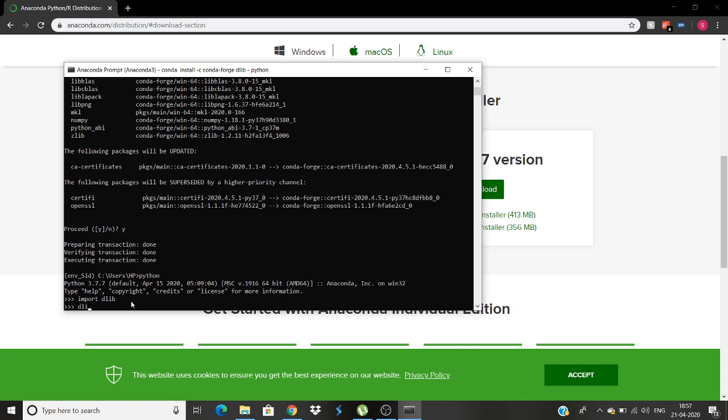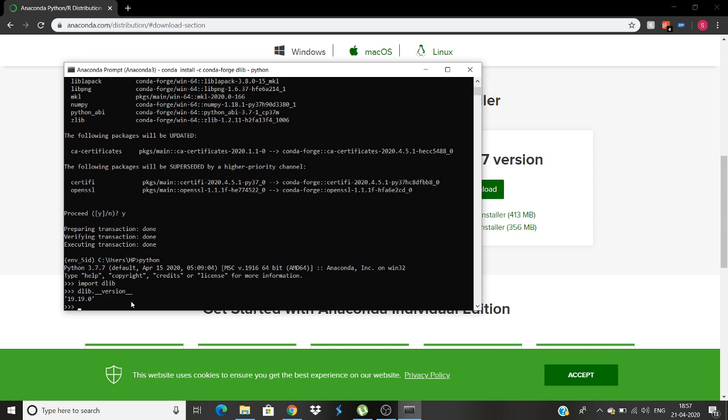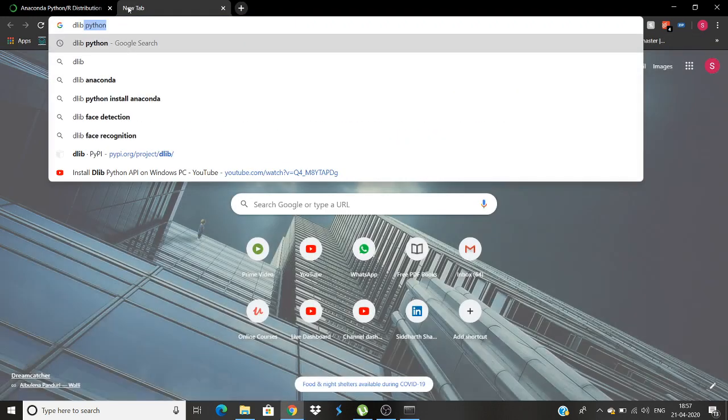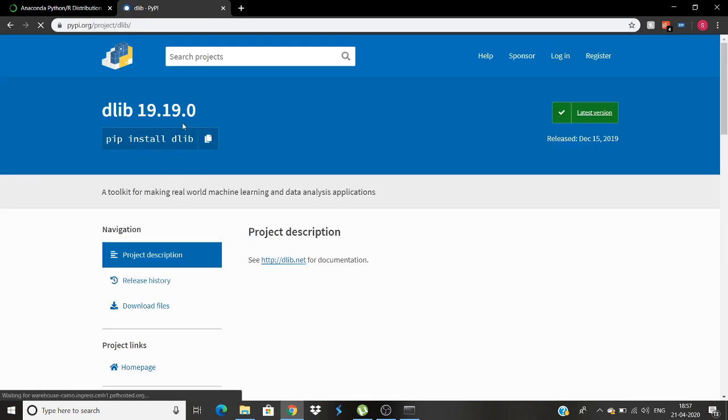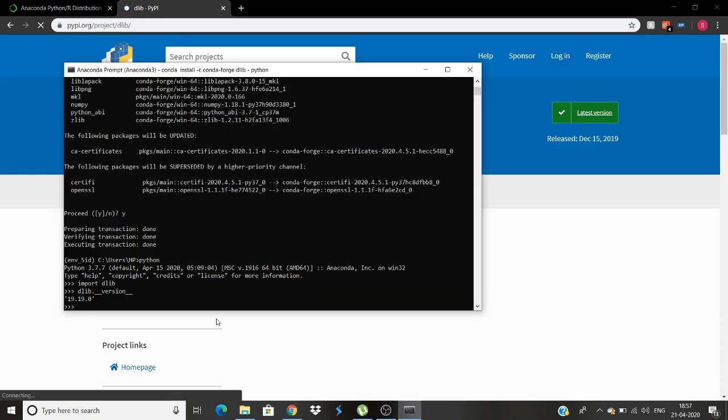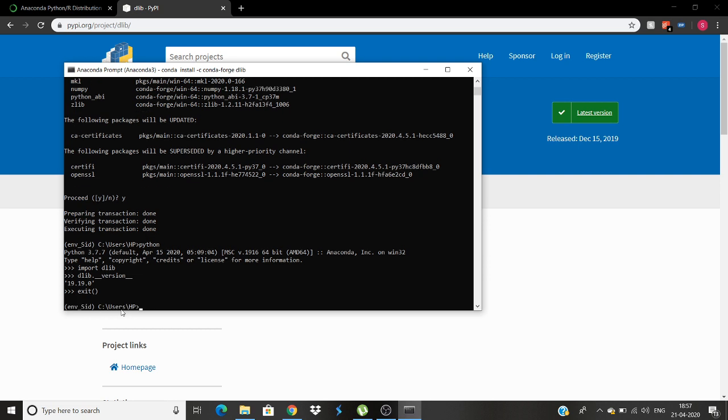We can also check the version, for example: dlib.__version__. It gives you 19.19. I think the current dlib version is 19.19. So there you have it. Then we click on exit, and we can leave.